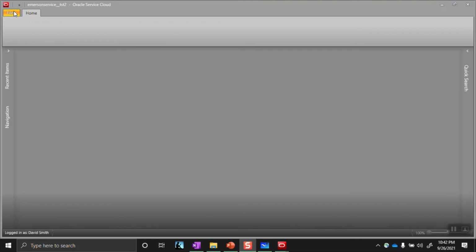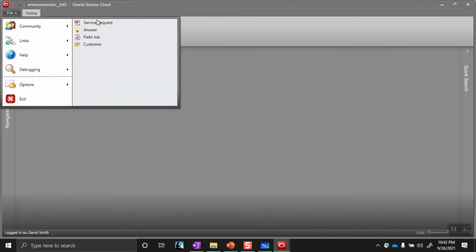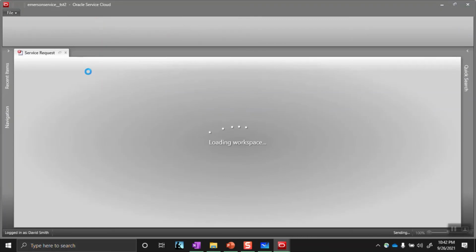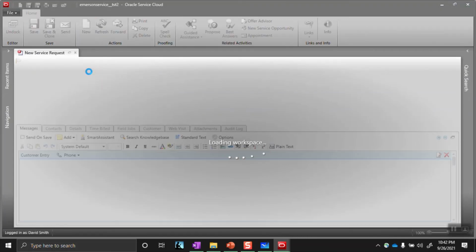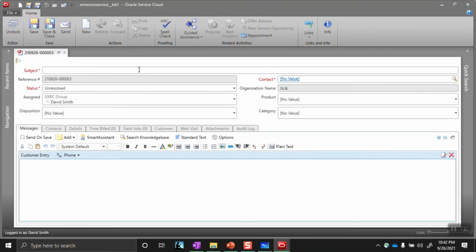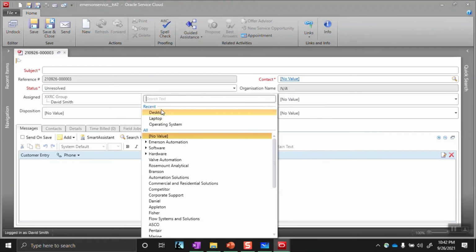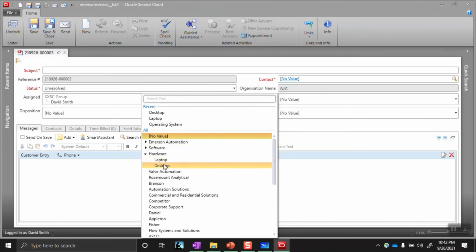So here, if I go to file and go to service request, we are not going to create any service request, but we will see how the product, categories and dispositions are behaving. If I go to product, you can see that I have software and hardware. If I click on hardware, I have laptop and desktop.